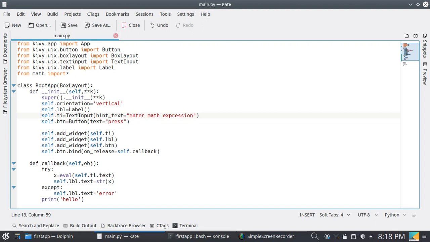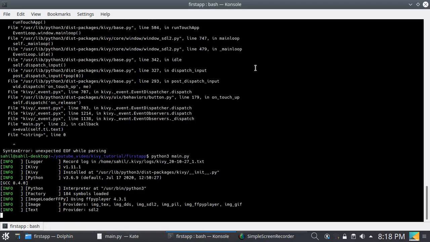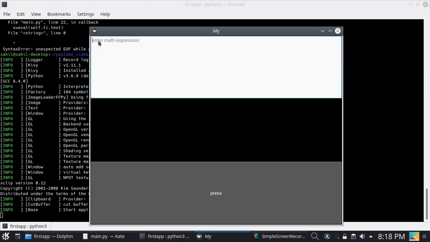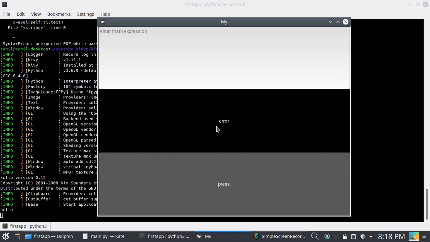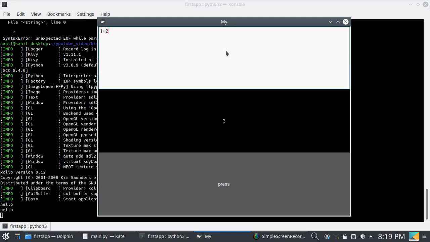I think the spelling of expression is okay. So here the hint text is shown, and when I click with an empty text input, it shows this error. Or I pass 1 plus 2 into 3, and that's it.